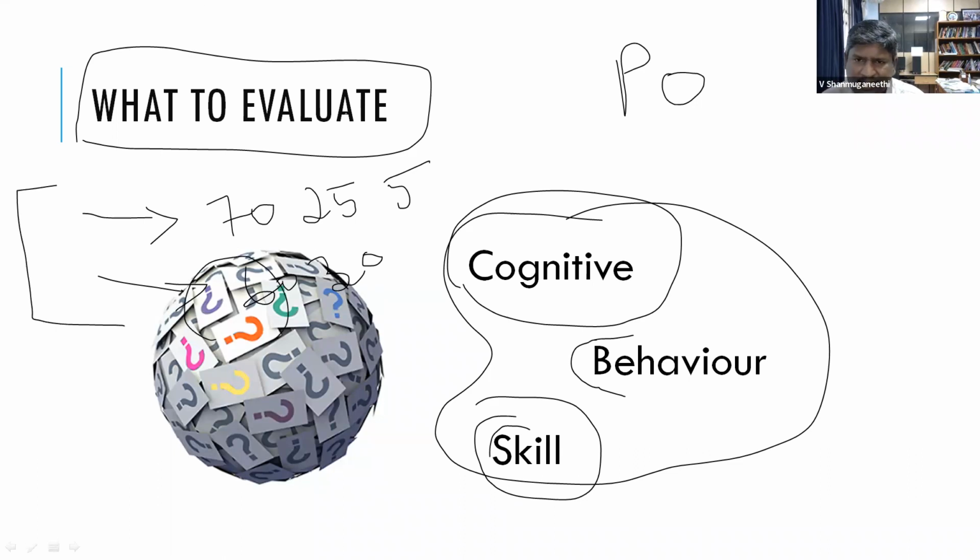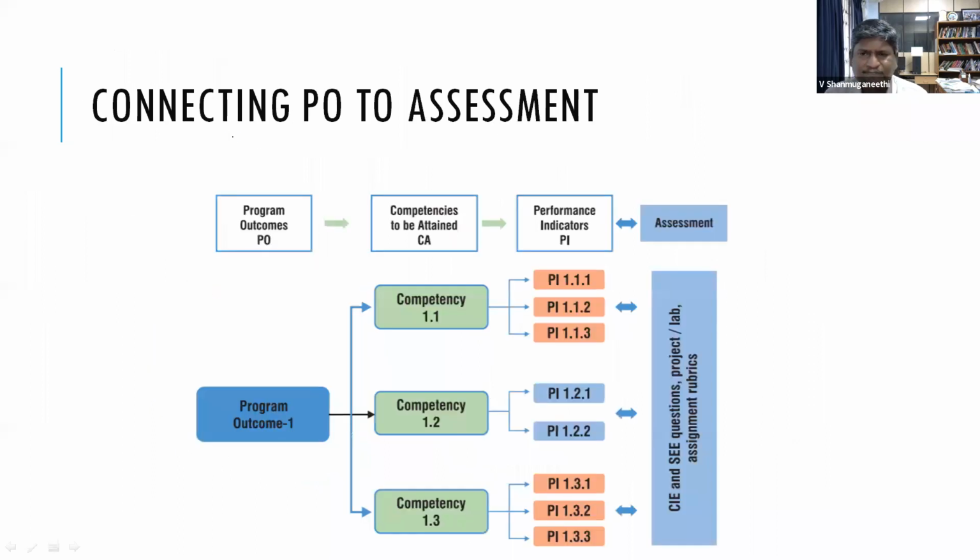You are all aware of GA, graduate attribute. Each graduate should have some attributes. That attribute is nothing but some of the things on the cognitive, some percentage on behavior, some percentage on the skill. That we have to evaluate, whether that is achieved or not. What exactly do the examination reforms, the ACT examination reform, say?